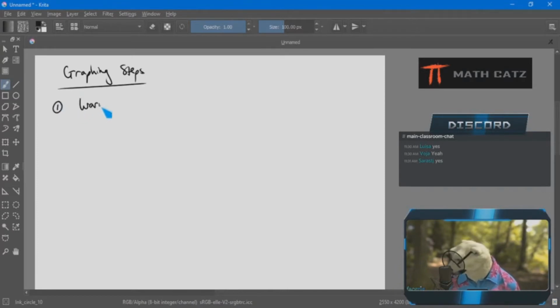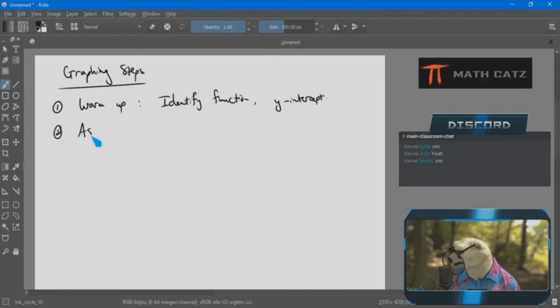We have our warm-up, where I just identify the function if I can and find the y-intercept. It's always nice to make some progress. Then we had our second step,